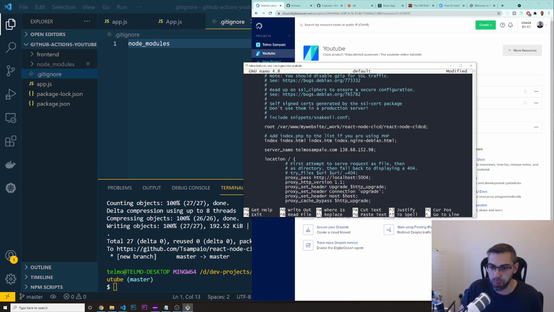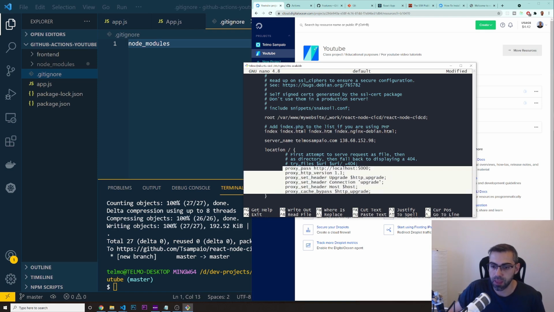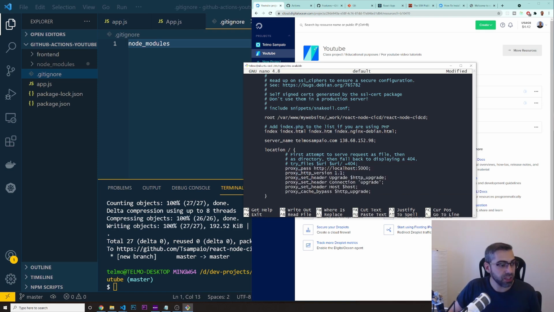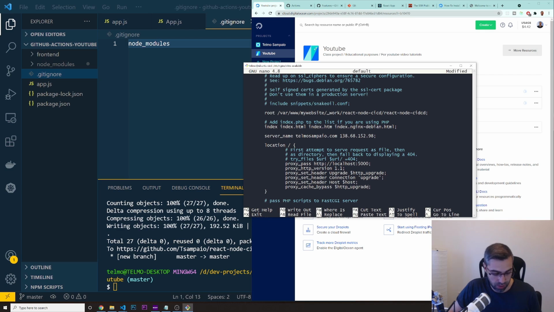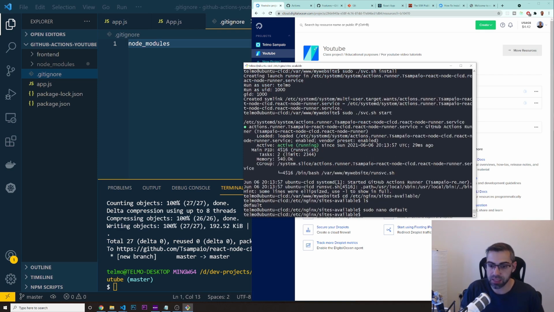Okay, so the port, this is where my project is going to run. My project is going to run on port 5000, and then you just need to put these lines of code. Okay, all of these. All right, I think that's it for our server. So I'm going to press Ctrl X or Command X. Save modified buffer, yes. So you save this,